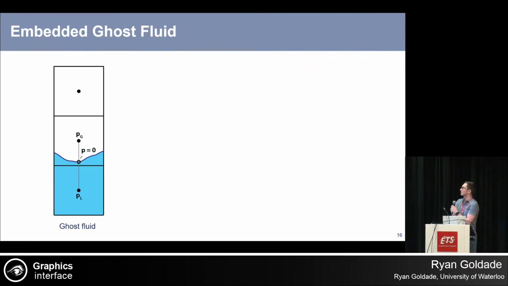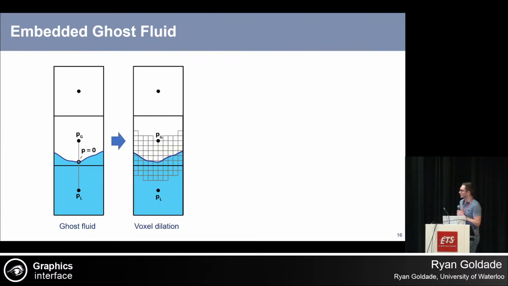Okay, so the second source of error was due to ghost fluid. I'm going to really run through what the ghost fluid method is here. Basically we want to have zero pressure on the surface, but the surface doesn't line up to our simulation grid, so we have to do this somehow. We come up with this ghost fluid PG, where if we interpolate between the two at the surface, we get pressure equal to 0. Okay, so if we have a level set here, along the surface, we may only have grids that are very close to the surface, so it doesn't reach all the way down to PL. Now this means that we won't have an accurate sign distance value, and if we do interpolation, we're going to get bad values. So what we do is we dilate the voxels out.